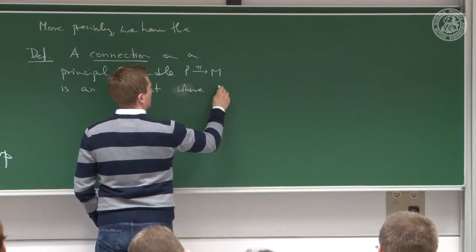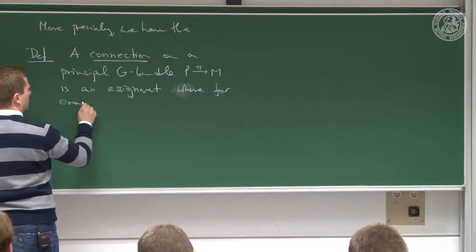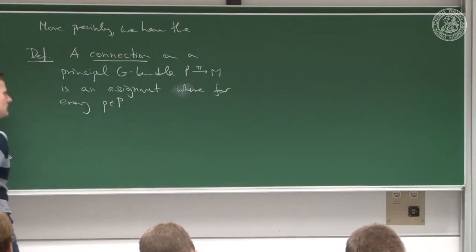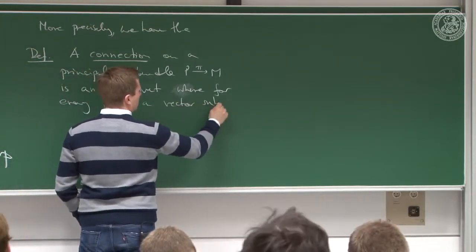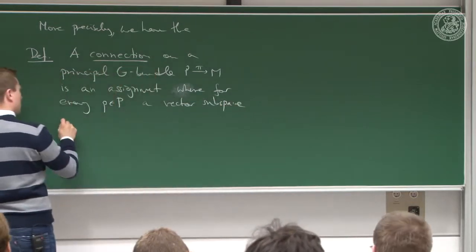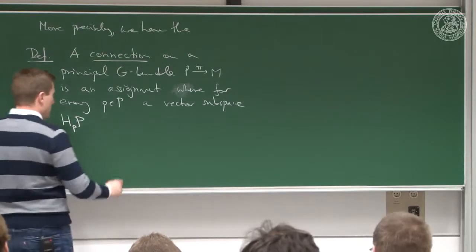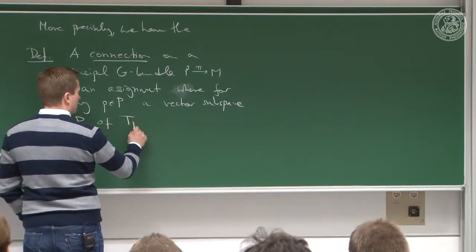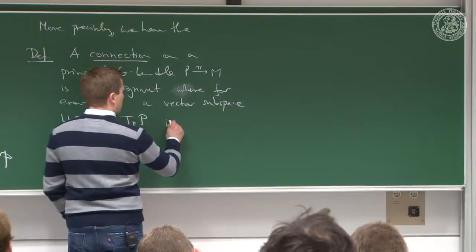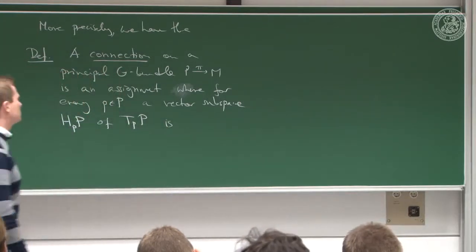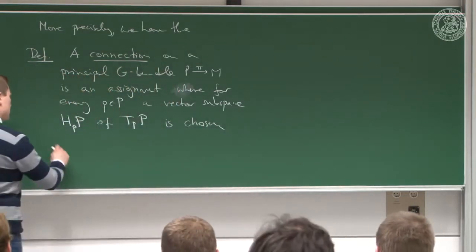where for every point P in the principal bundle, a vector subspace H_P P, that's just the name of the guy, a vector subspace H_P P of the tangent space T_P P at this point is chosen such that,